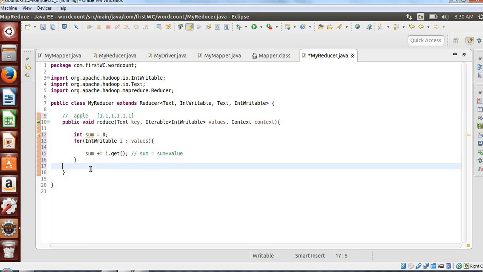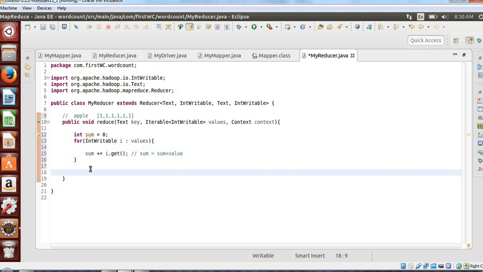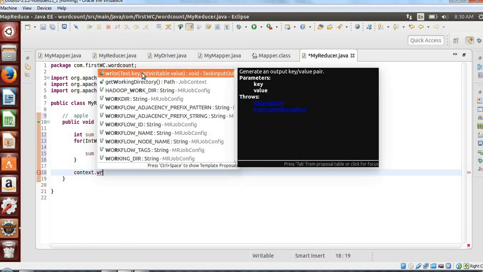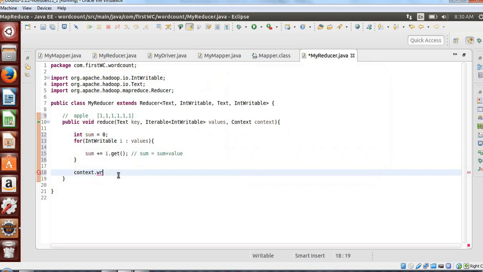Now in the context we'll pass our key and the summation value. So we'll do context dot write, and in write it is clearly mentioned that I need a Text type key and a value of IntWritable type. The key is nothing but the Text, so I'll just pass it as it is, that's not a problem. Then we need to pass the sum. Sum is in integer form, so we need to convert it into IntWritable. So we'll say new IntWritable.